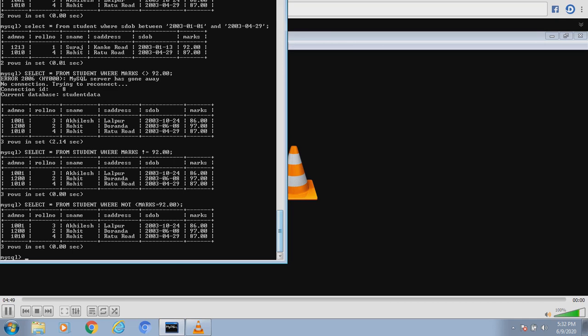Both are same, but when we write marks not equal to, we should use those signs which we used earlier, that is combination of less than greater than sign or combination of exclamatory with equal to sign. You cannot use a not word, the logical operator not, after marks. That is marks not, not not equal to, that cannot be used. If you want to use the logical operator, you will have to write the not first and then put the bracket over the condition. Then only it works. So students, I think it is clear to you.